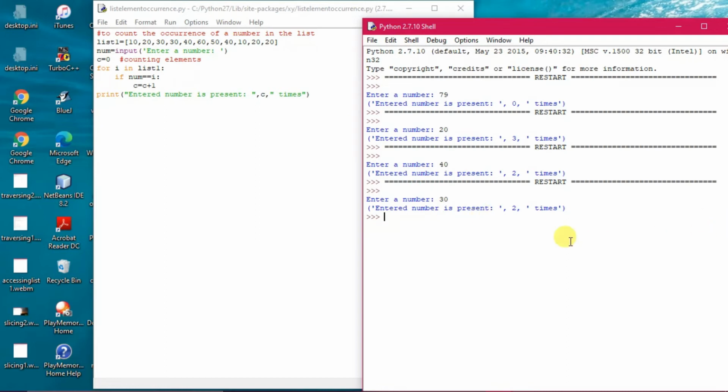So this is the program to find the frequency, or you could say the occurrence, of a particular item in the list. The same thing is applicable to character type values also, but here we have done it with the help of numbers.